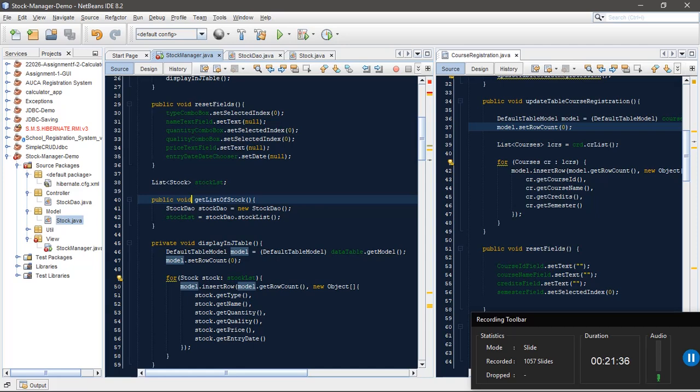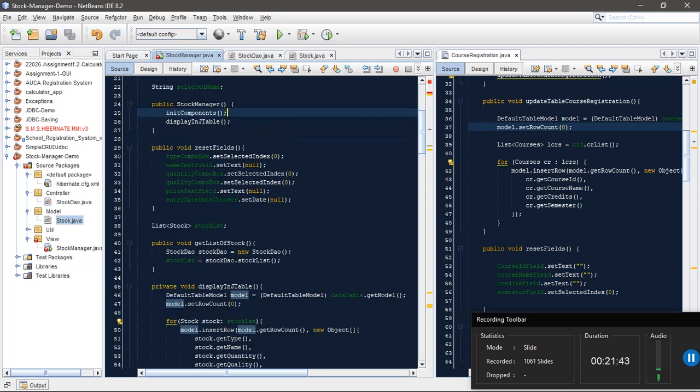We have a method to display data in the table. Something else that we need to do is add this get list stock method to the stock manager